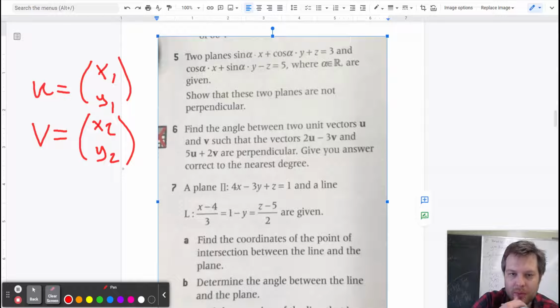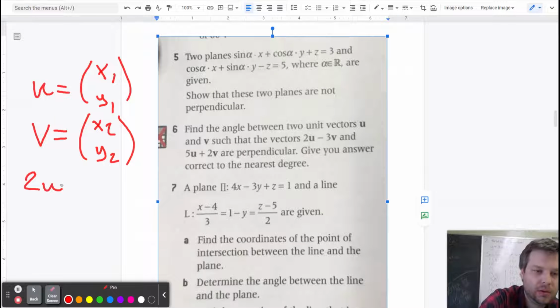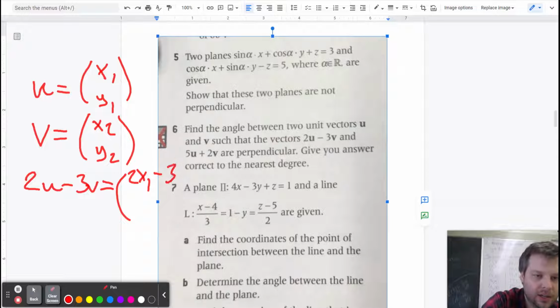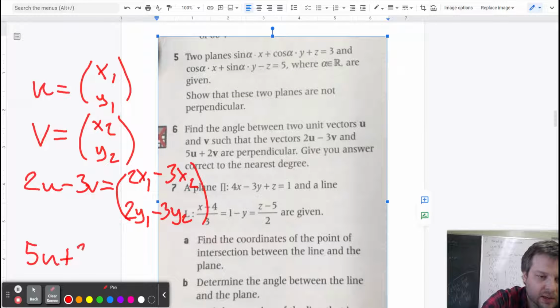And so we know that then 2u minus 3v is going to equal 2x1 minus 3x2 and 2y1 minus 3y2. And the other vector, 5u plus 2v, is 5x1 plus 2x2,